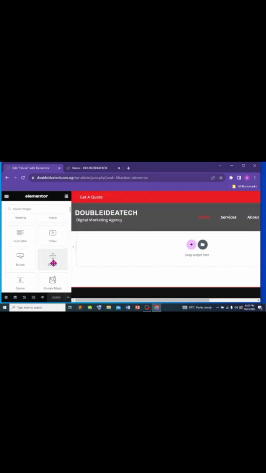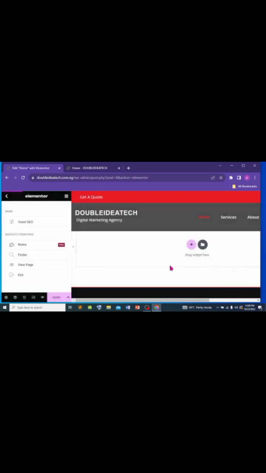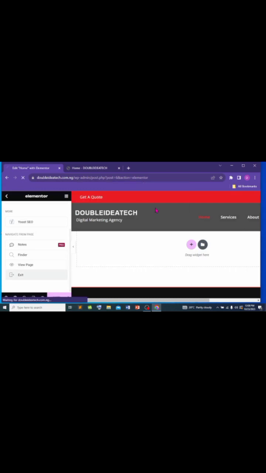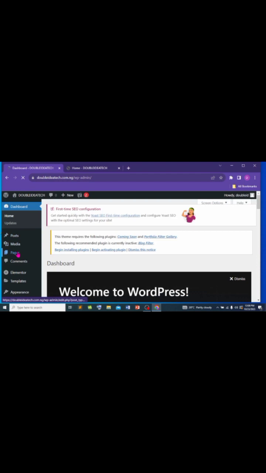So in case you can't edit with Elementor, or whatever, just delete it and create that page again. Okay, this one is asking, whenever I click on exit, where should it go? To my dashboard. Of course, apply. So whenever I click on exit, it will direct me to my dashboard. So I will have to delete that blog page and create